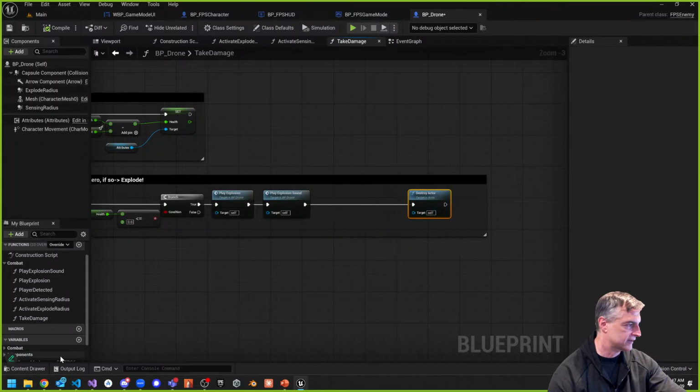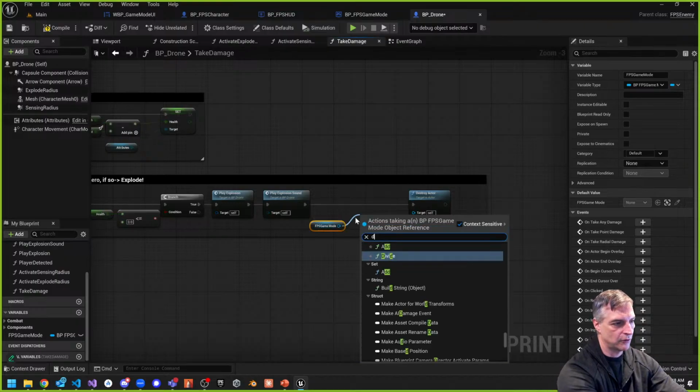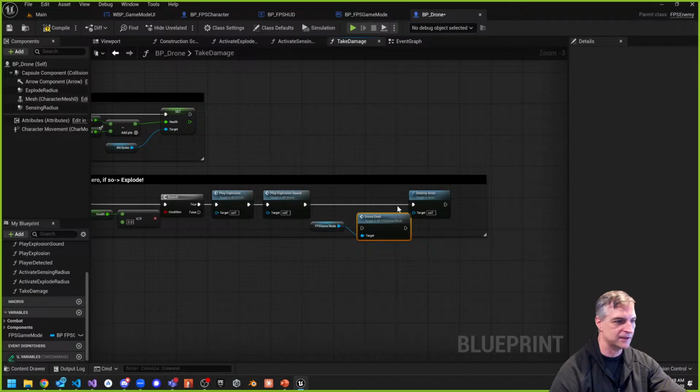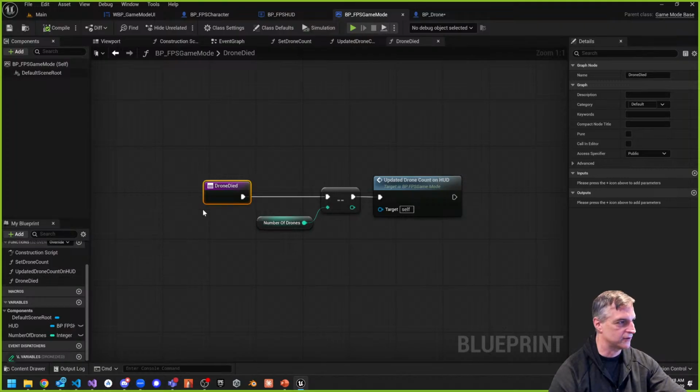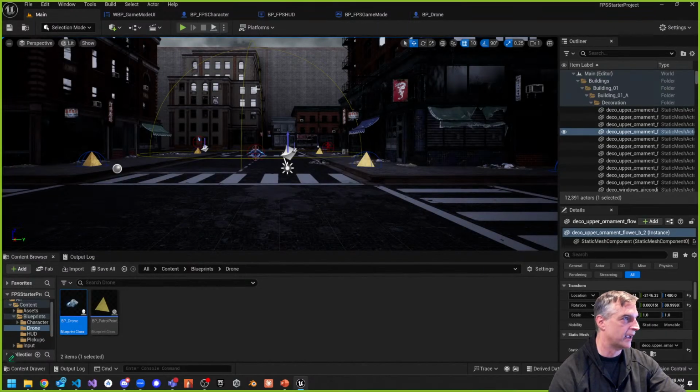So I'm going to get access to the FPS game mode that I just made, get, right? And then from there, I'm going to go to drone died and activate that function. The function exists because of FPS game mode, which is what I just had over here. I just created this drone died function. And so that's why it's available here if I get a reference to the game mode. So here I'm going to connect this one and this one. And then if we did everything properly, if we compile and save and test just right here, then maybe,